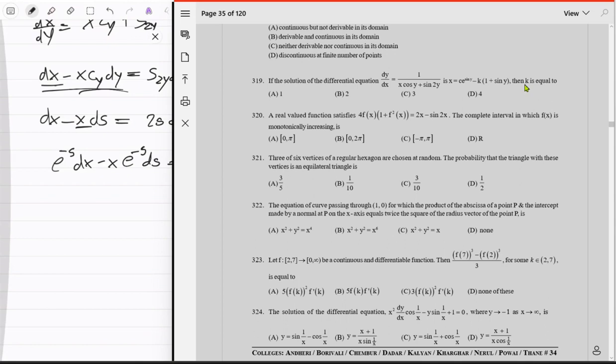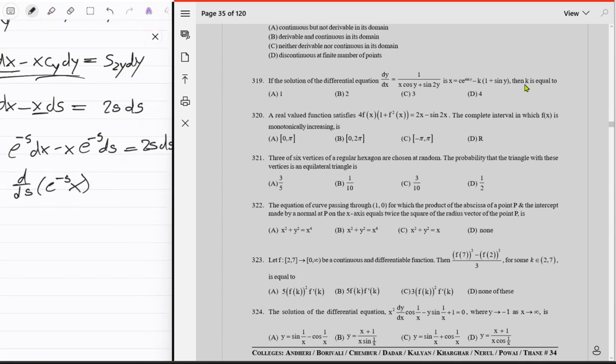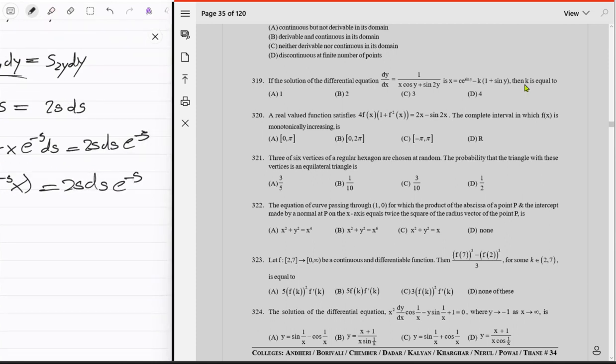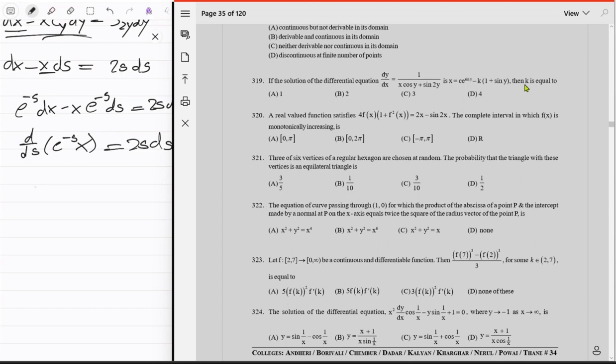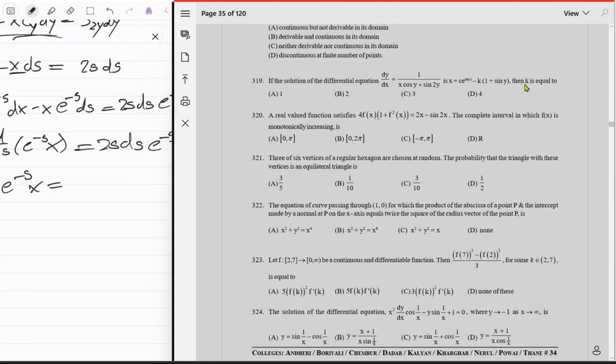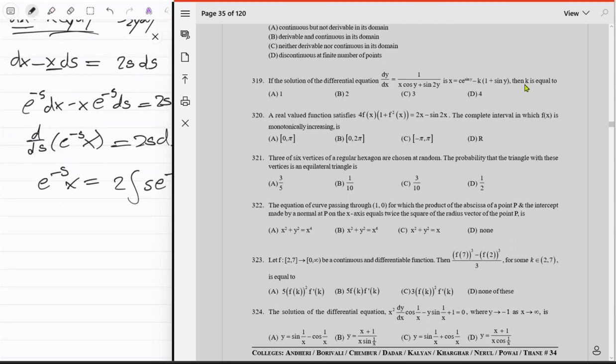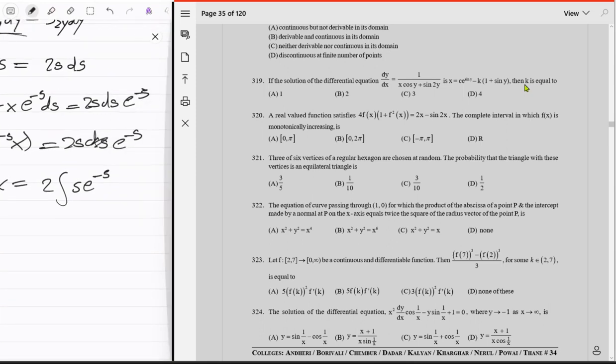Oh yeah, this is the d upon ds of e power negative s times x. That's equal to 2s ds e power negative s. So e power negative sine of y times x is equal to integration over s of this. Oh god. 2 integration s e power negative s ds. Whatever, this is the thing. Now we want to integrate this,